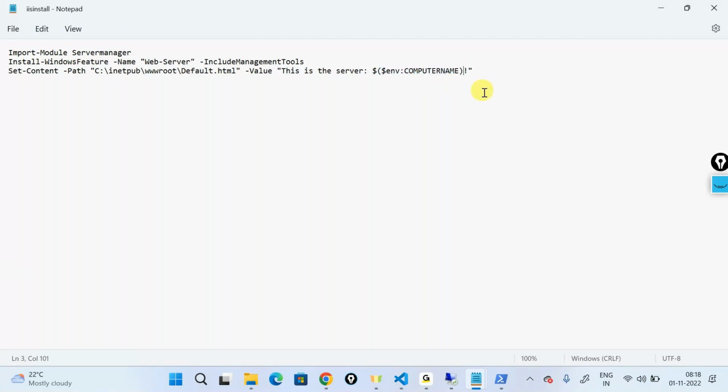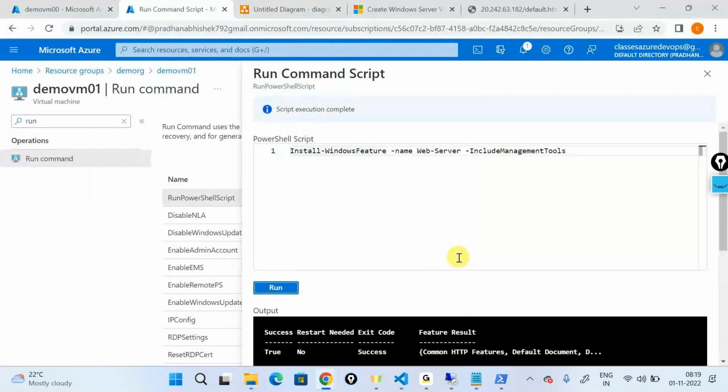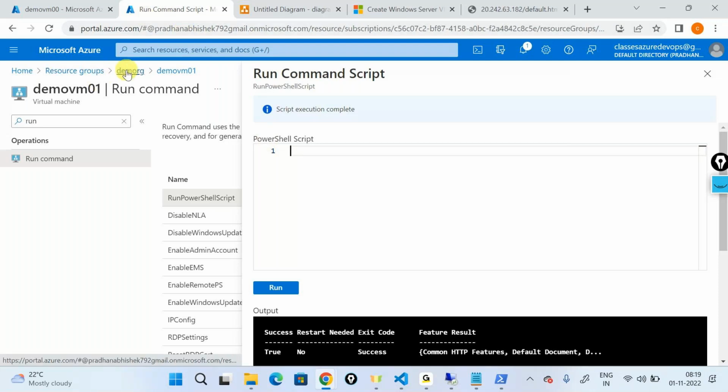So I'll say computer name, and I'll say from East US 2, something like this for my understanding. I'll take this command, the set content, and copy this command out. So now if you see, firstly, that command is successful, telling that Windows features are installed and so on. So if I just take the IP address of my machine, which is demo VM1,